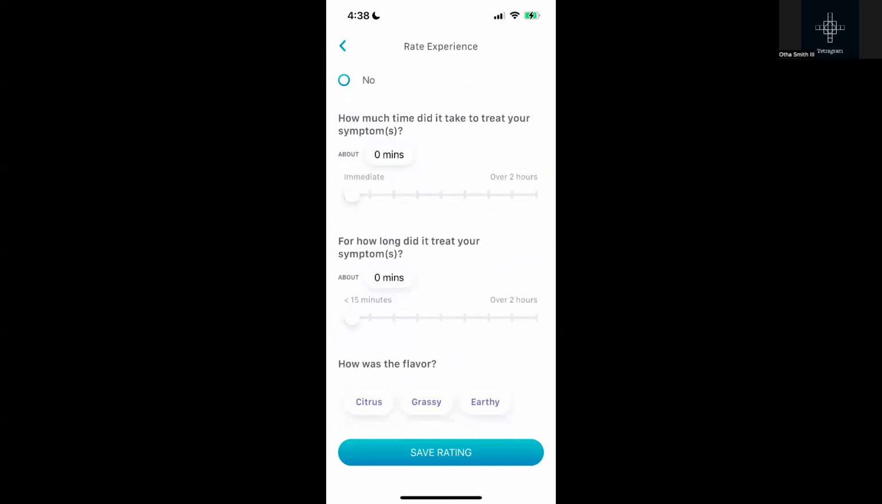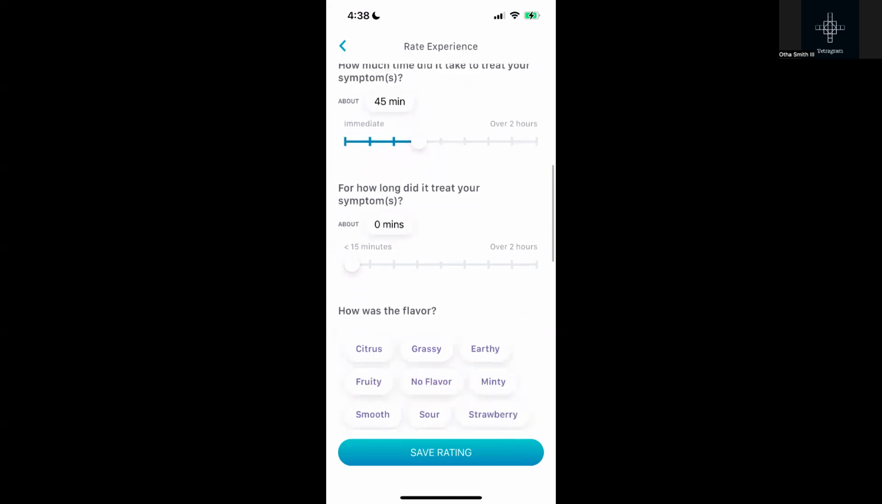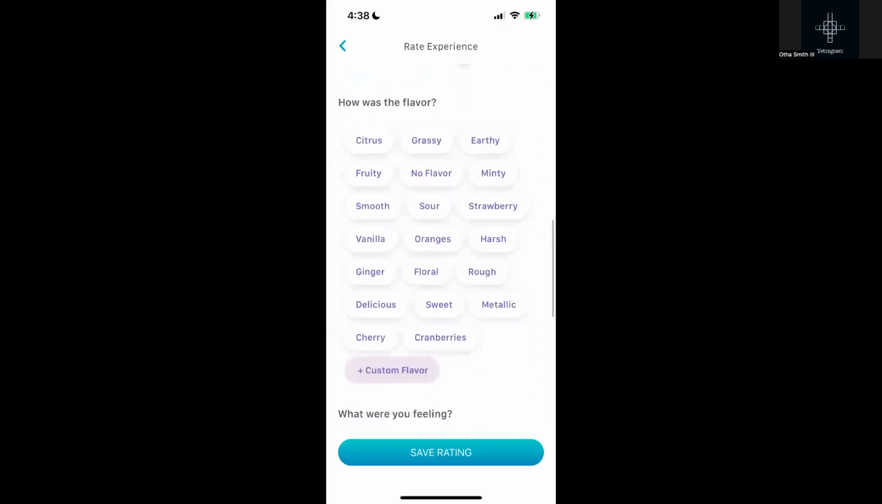Then you can select how long it took before you felt like that product started treating your symptom. So simply using this sliding scale, you can do so. And then you can also select how long you felt that that product lasted in terms of treating your symptom. And again, another sliding scale. Now we've added 2 customizable